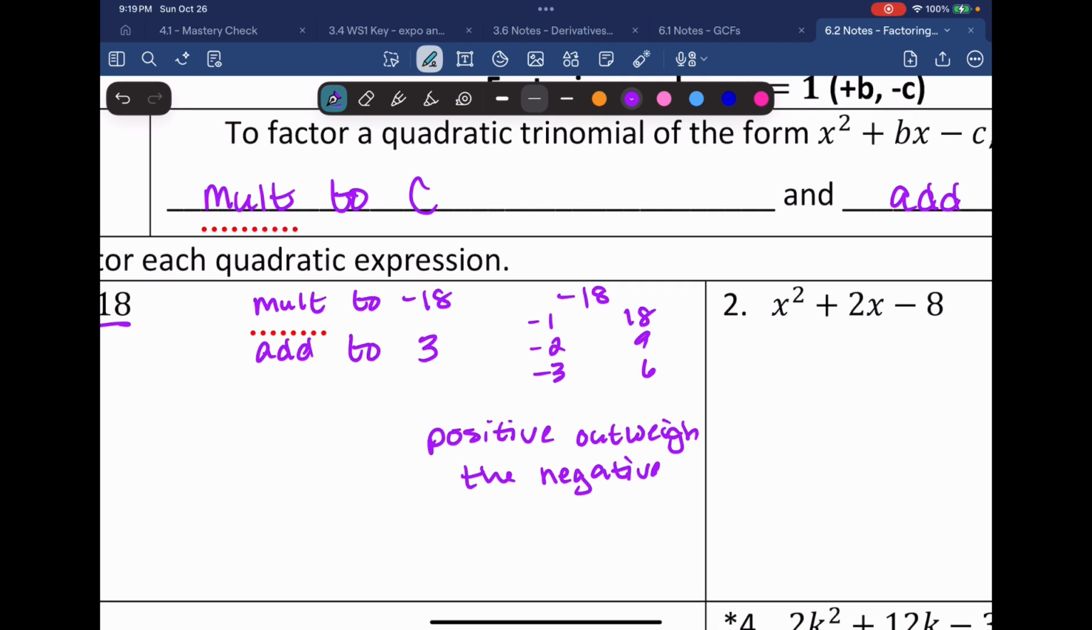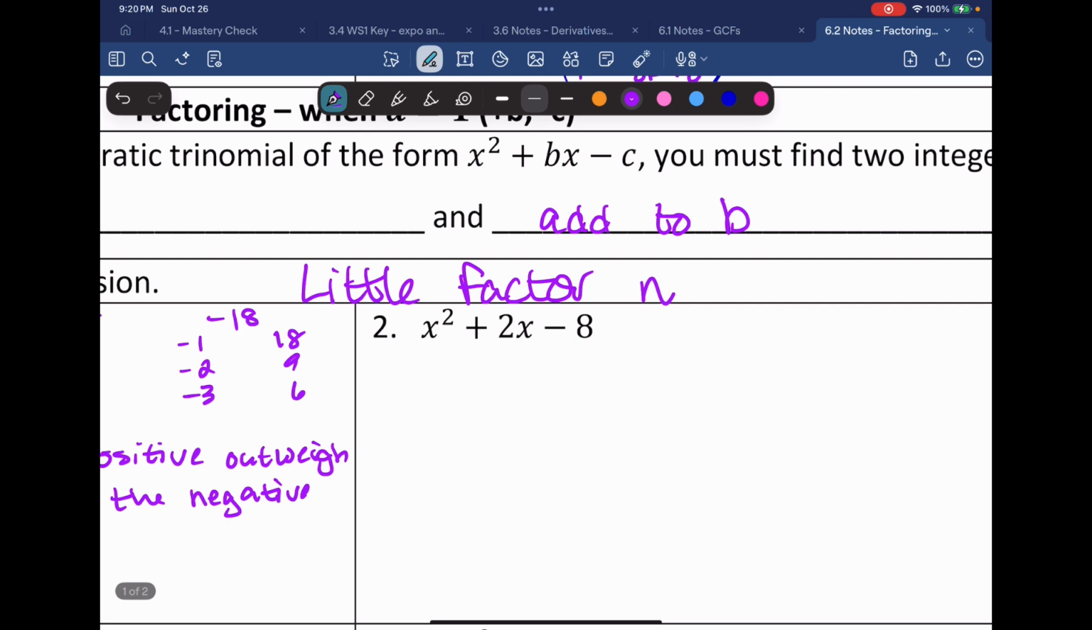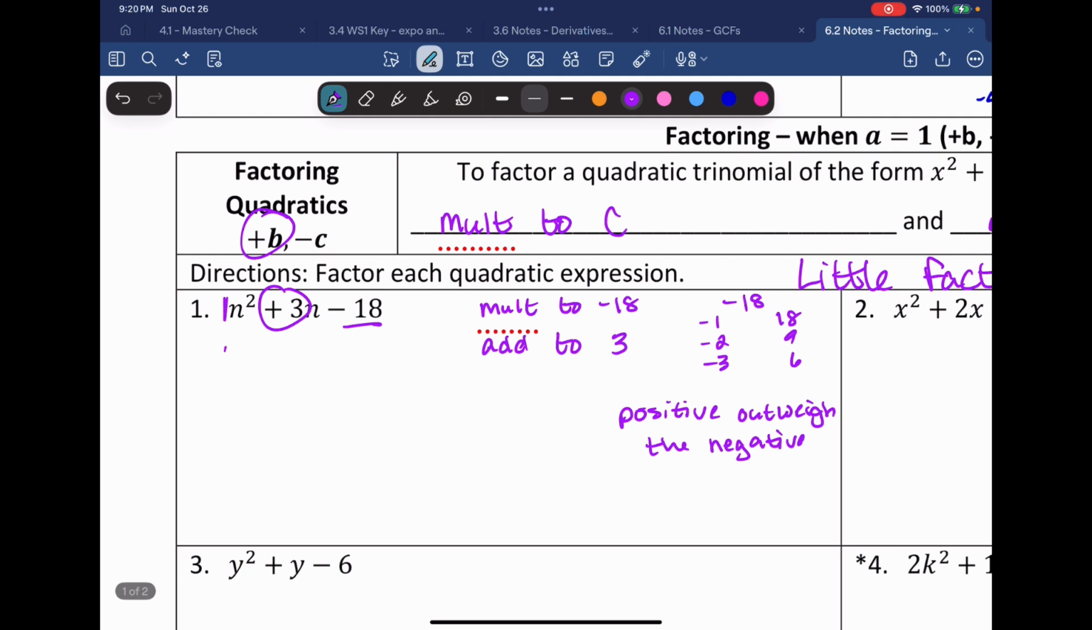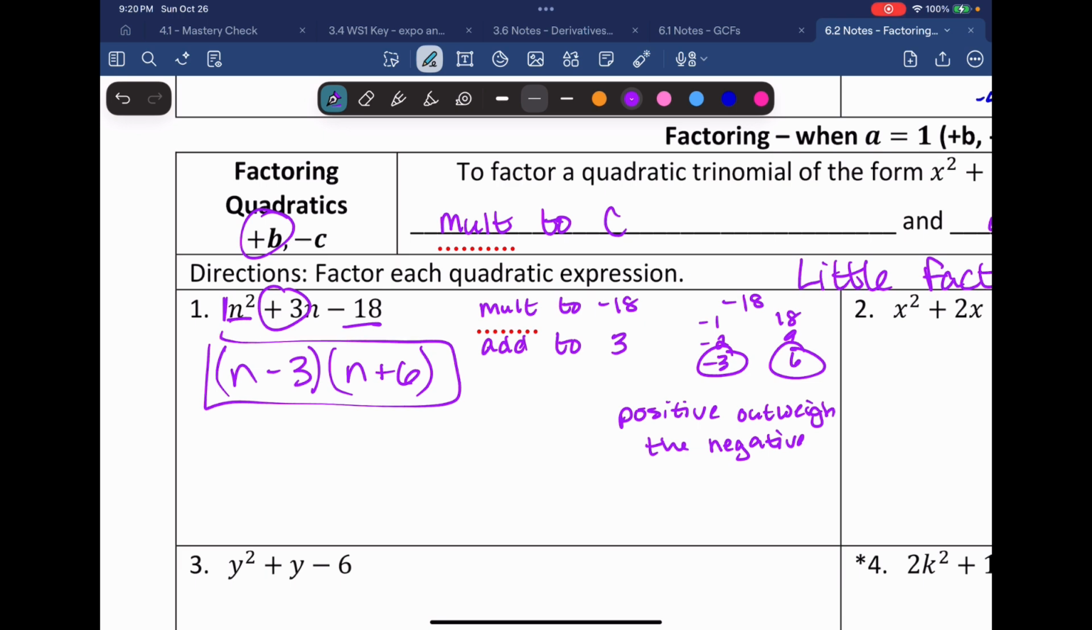Okay, so we say little factor negative. Okay, so now a parenthesis n squared, so that's n. I have a negative 3, so minus 3, positive 6. All right,